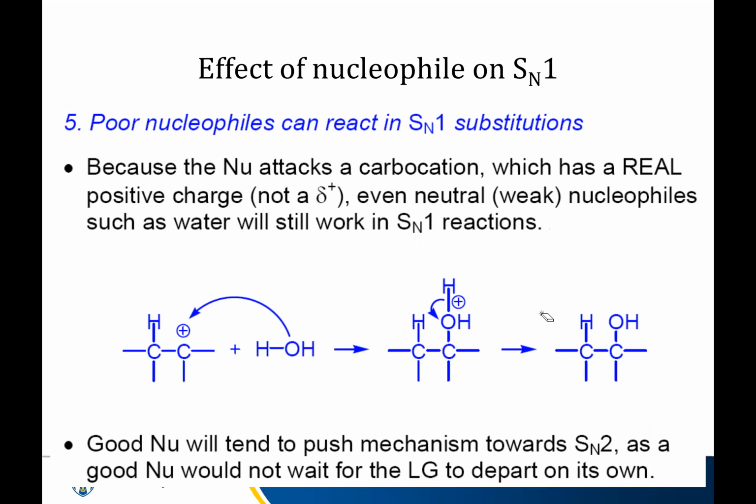So what we were just saying is the rate determining step is decided by the electrophile, the nature of the electrophile, how fast the leaving group leaves. So it doesn't matter what the nucleophile is. If the rate determining step of a reaction depends on the electrophile, it doesn't matter if the nucleophile is iodine, water, ammonia, my dog, if my dog was a molecule, all those would react at the same rate because the nature of the nucleophile does not affect the rate of the reaction. The only thing that matters is the nature of the electrophile and how fast that leaving group leaves. So you can have really, really weak electrophiles do SN1s.